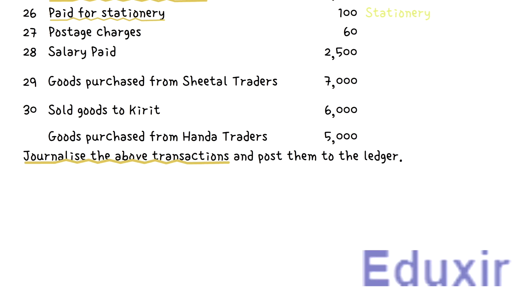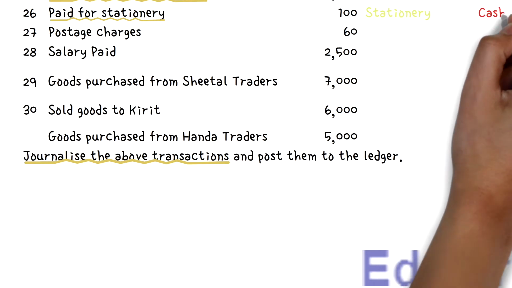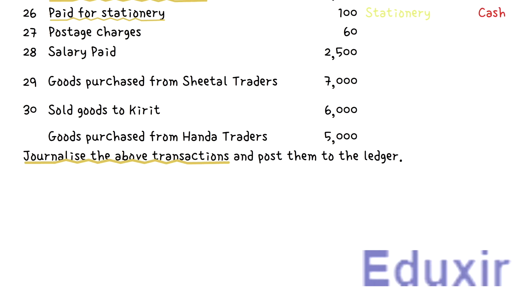At the same time, as the payment for purchase of this stationery is done in cash, the cash asset available with the business will be decreasing in this transaction. The rule to record any decrease in the assets is to credit the corresponding assets account. In this case, the cash account should be credited. With this analysis at our disposal, let us now proceed with the generalizing of this transaction.